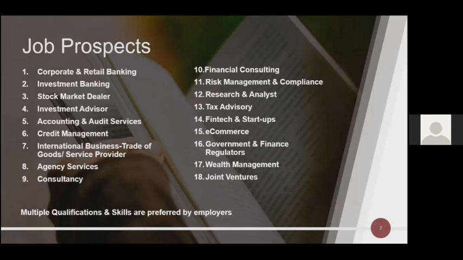Startups will always be there. Startups are something which is never going to end. Businesses are always going to be set up, so you can work under someone. And working in a startup has its own advantages. When you work in an established organization, you just have to work for a particular area, so you get knowledge of that particular area only. But when you work with a startup, not just that area, you can get to learn multiple things because multiple tasks will be allocated to you. Then e-commerce, which obviously goes along with fintech.